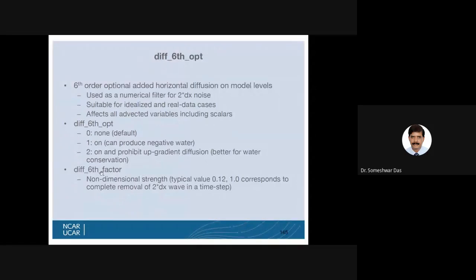The diff sixth factor is also available as an option, for non-dimensional strength. A typical value is 0.12, or 1.0 corresponding to a complete removal of 2 delta X wave in real time. So these are the things which are available to you for different applications.